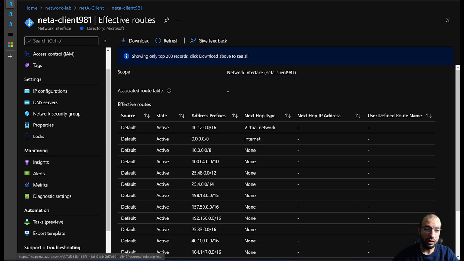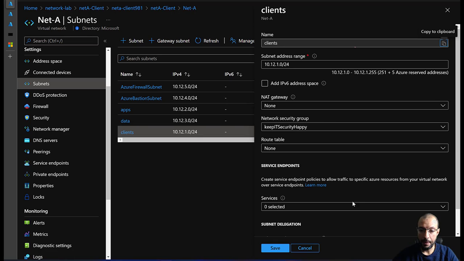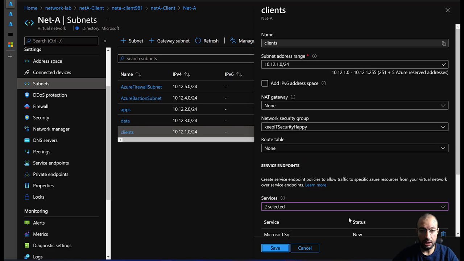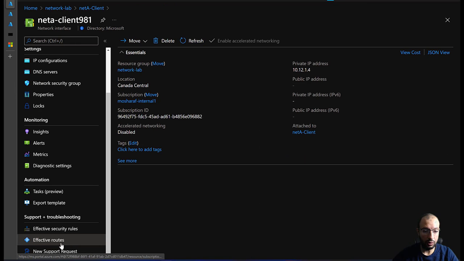When we do the service endpoint, I'm going to choose two of them. I'm going to choose SQL. I'm going to choose storage because that's the use case that we will have here. Save this one. When I go back to the effective routes,